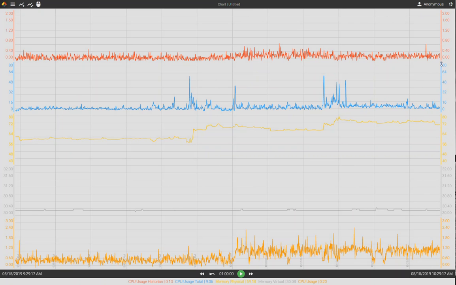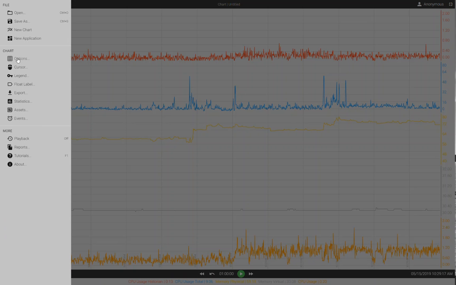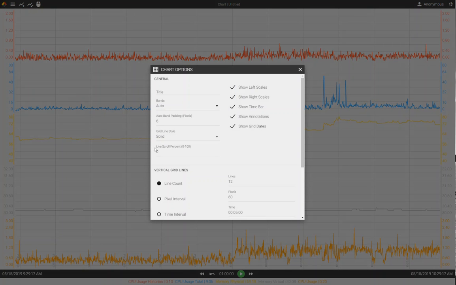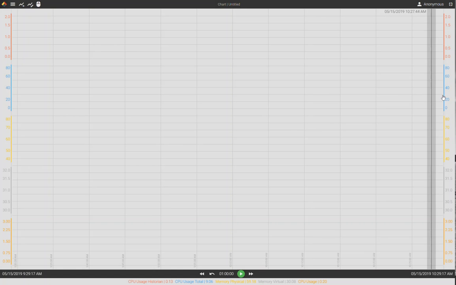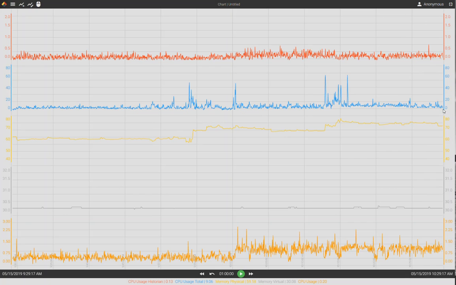Last thing to note when it comes to the banding, I do have an option under my hamburger menu under chart options where I can now put an auto band padding, and that would be the small space between the bands. And so if I wanted to put quite a large separation, I could do, say, 20 pixels, and you can now see the large space between the